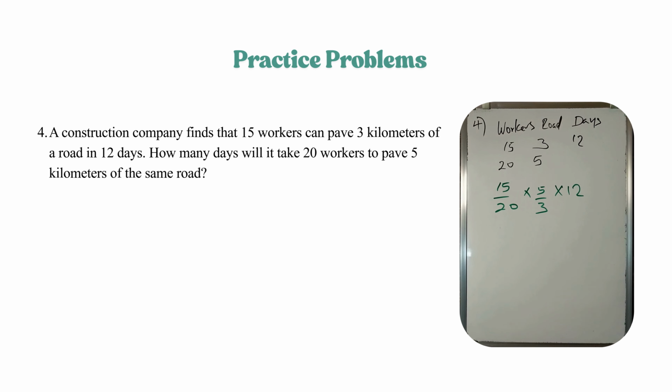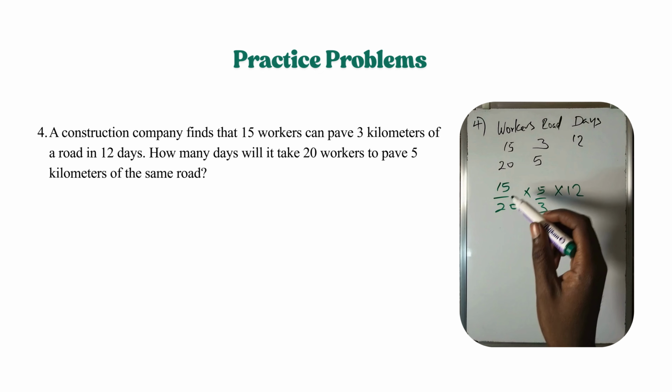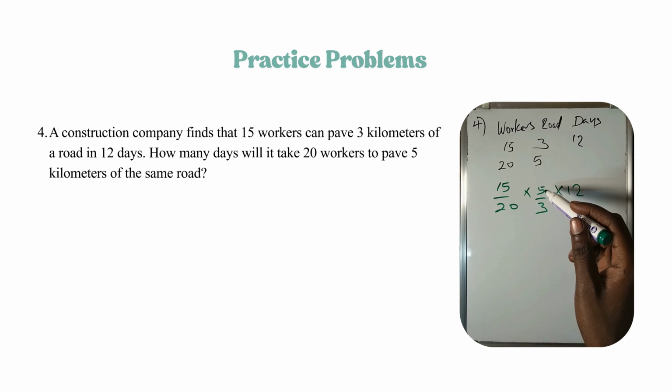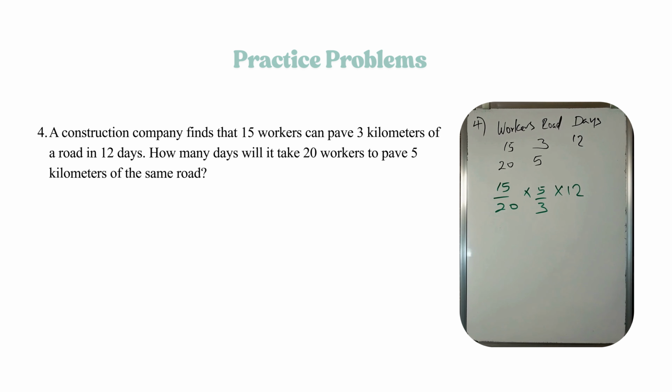I hope I'm clear by there. We know how we have found 15 over 20 and how we have found 5 over 3. And now we can multiply directly. Now let's substitute, or